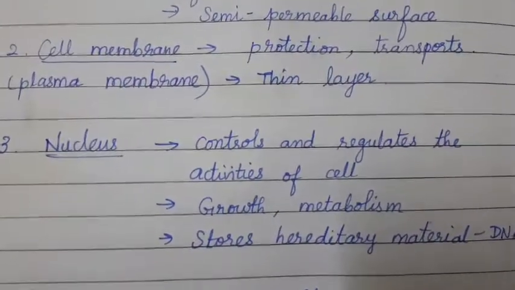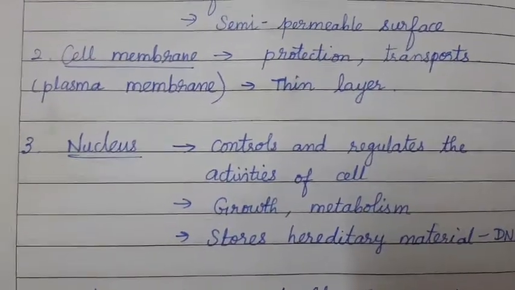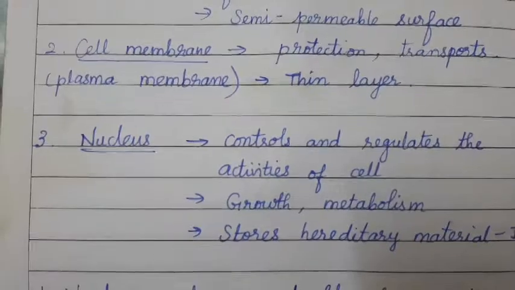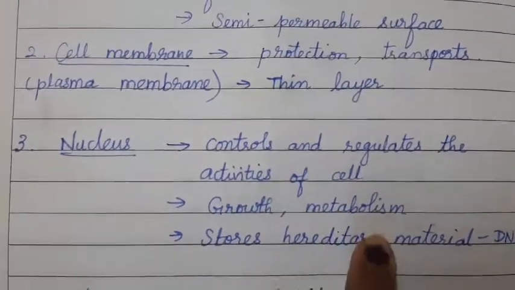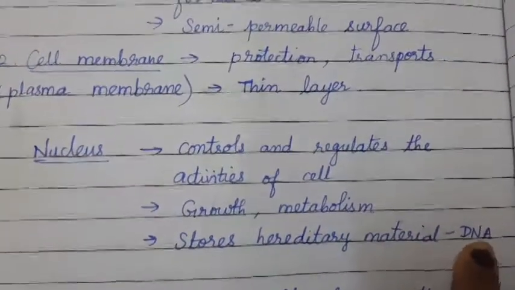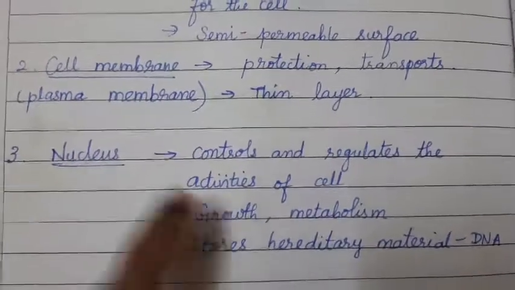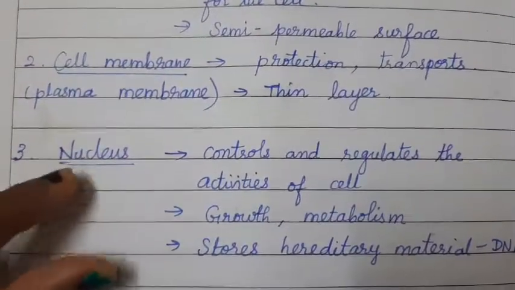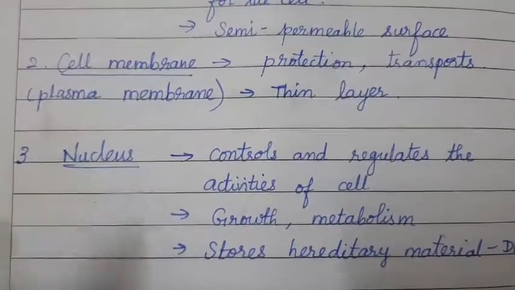Like your father, you may be tall. Like your mother, you would have curly hair. So all these are the hereditary information carried from the parent to the young one. That is possible because the information is carried through the DNA. DNA is nothing but your genome, genes. So who has the responsibility to store and protect the hereditary information is your nucleus.